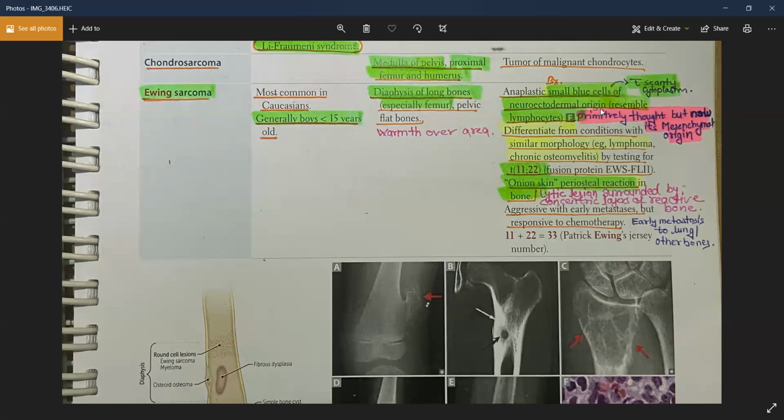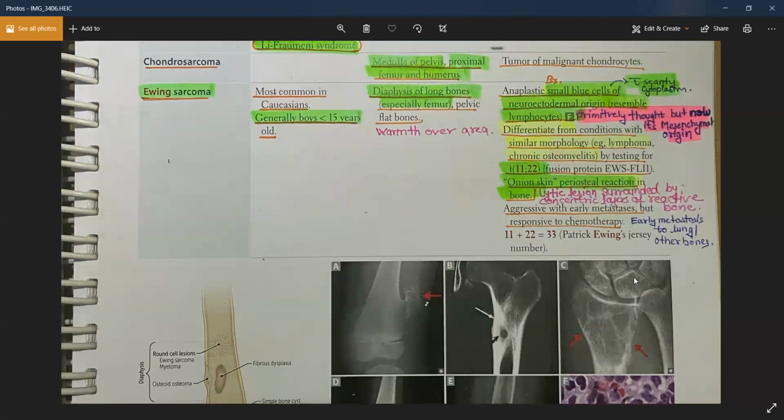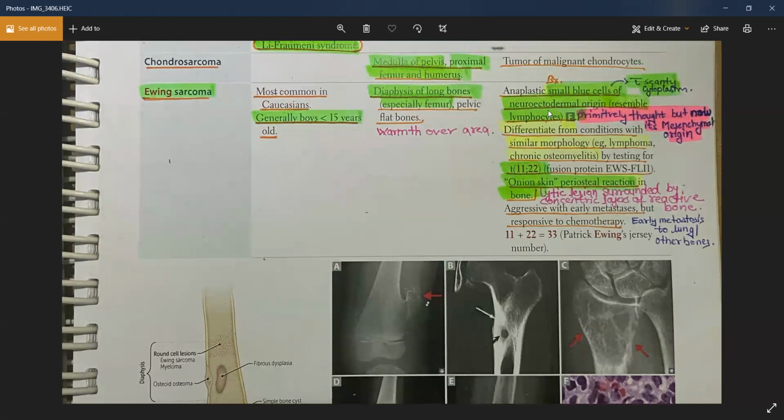Okay, what you can see on the histology of the patient are these small blue round cells, as you can see. These are all mesenchymal cells that can resemble lymphocytes. So you need to differentiate this condition from the inflammation of bone, known as